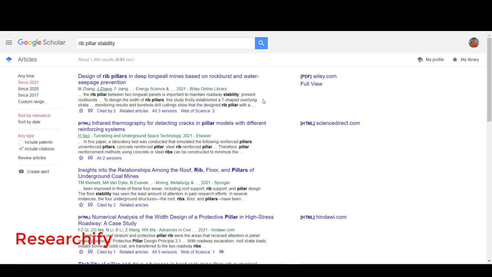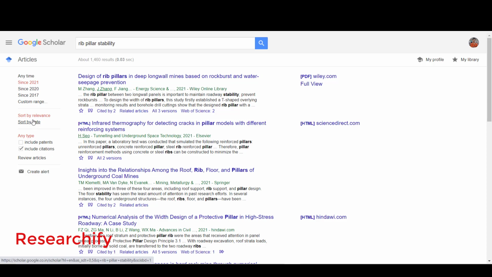If the papers are published in Scopus or any reputed journal, that will give you an idea of how good this paper is. If the paper is published in a very low-quality journal, then you will skip that. Let us see, this paper is Tunneling and Underground Space Technology. This is a very good journal. Here Energy Science. Okay, here Mining, Metallurgy and Exploration. So you should also have a look at the journal name.